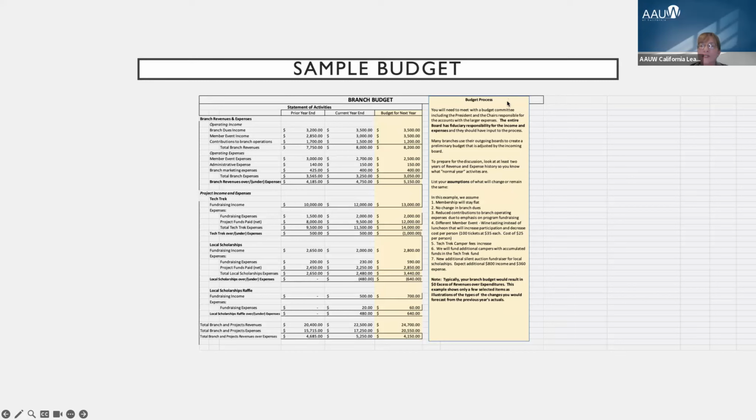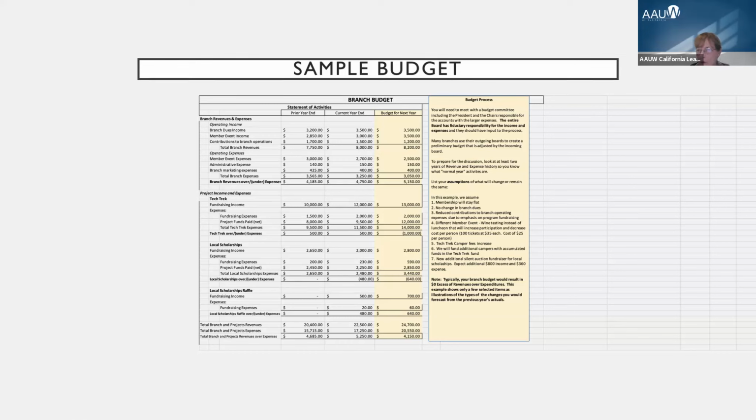This gives the responsibilities, but here you look at in this sample budget, what are the assumptions? And so you're giving reason behind the numbers. Why does it look this way? And you can see they were making a change in the member event income. They made an assumption that they could budget for a higher income, and the expenses would actually generate more because they were modifying how they did that.